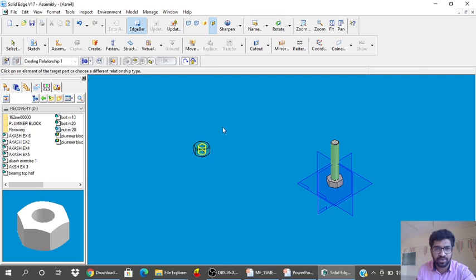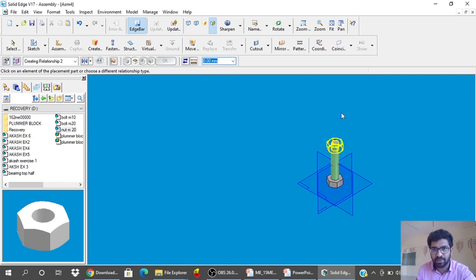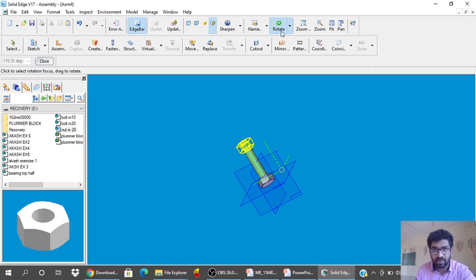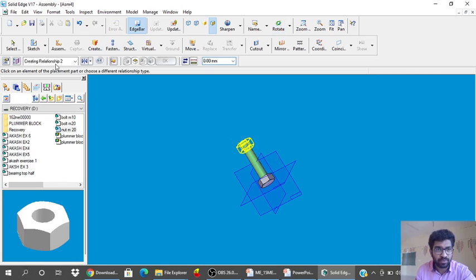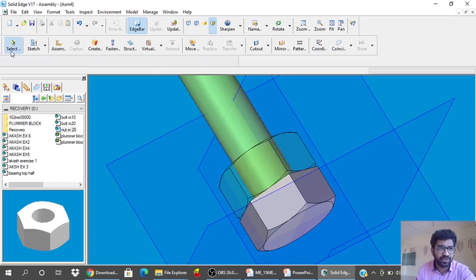Axial align this portion and this portion. Second relationship is made. This portion and this portion. So give the distance for the surfaces of the mated surface.